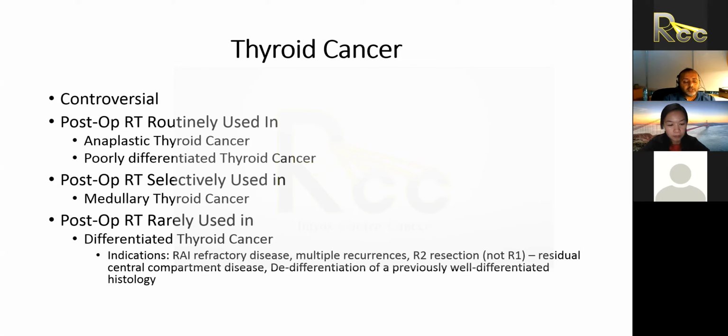And generally, as you can imagine, most surgeons will leave gross disease behind in the central compartment because the tumor is invading into one of three structures. It's invading into the recurrent laryngeal nerve, it is invading into the trachea, or it's invading into the esophagus. And so, when you start seeing gross disease in these regions, those are the times where you really should consider adjuvant radiotherapy in those patients. And then finally, patients who,